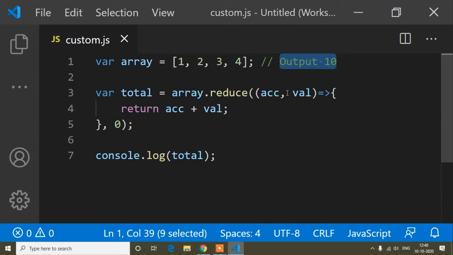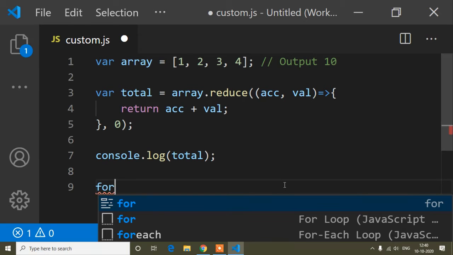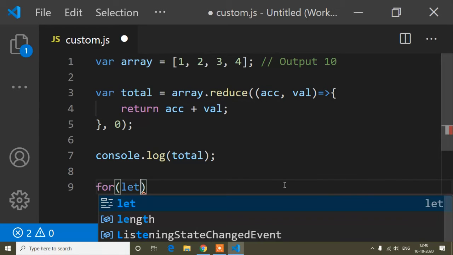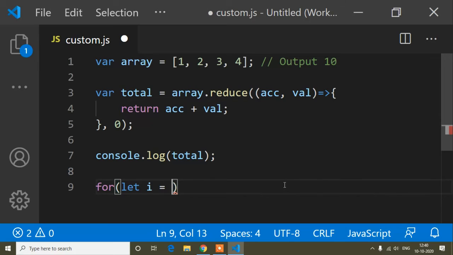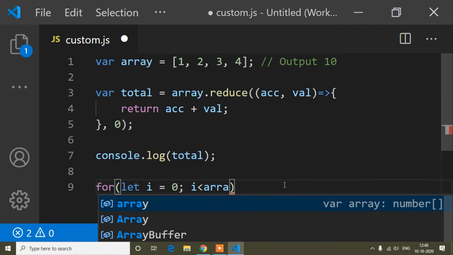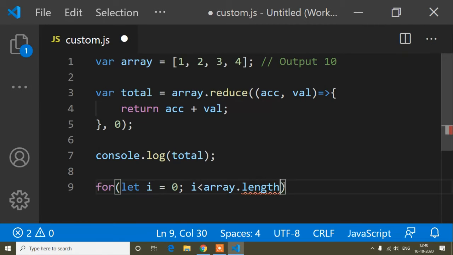But now we have to understand how the reduce method works. You know, we can write a for loop, this way: for let i equals 0 and i less than array dot length and i plus plus.